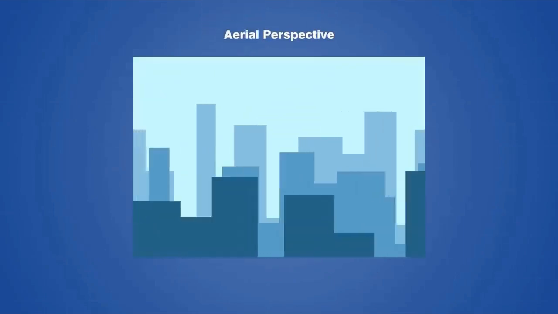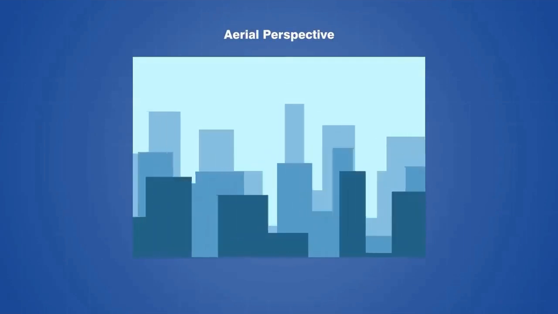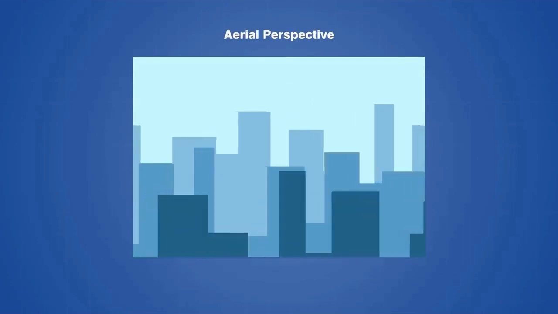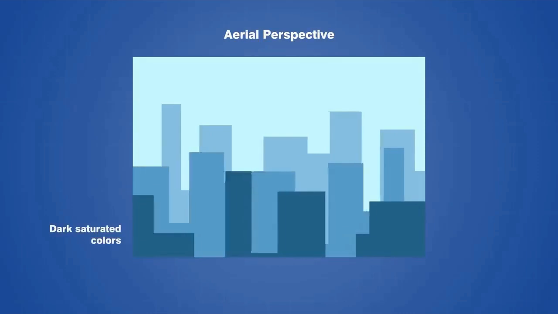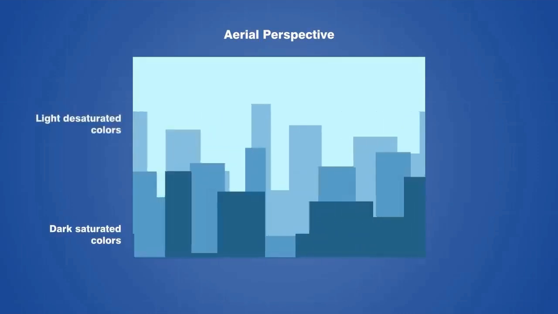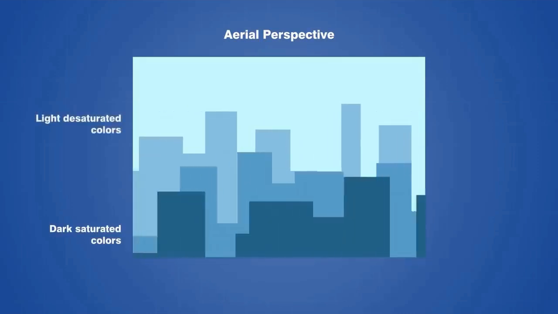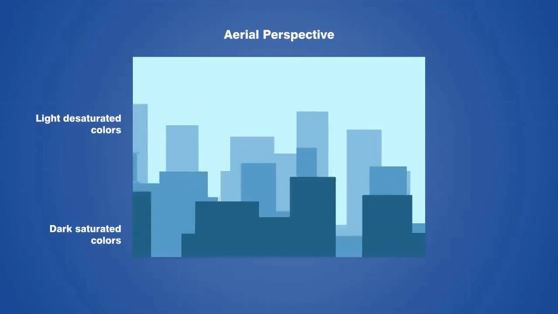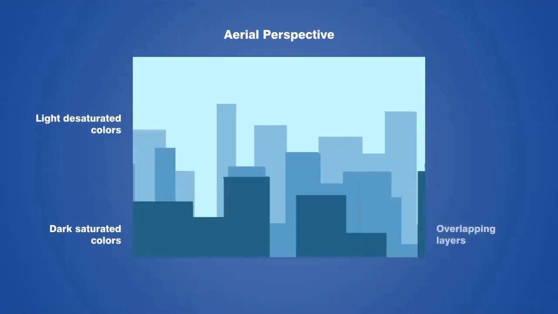This technique is commonly referred to as aerial perspective, and it can be illustrated quite well with a simple animation of a city skyline. Even though this is just a flat two-dimensional image, we can create a sense of depth by using dark saturated colors in the foreground and lighter desaturated colors in the middle and background. Stacking the layers on top of each other helps to further the effect because our brain uses overlapping to perceive